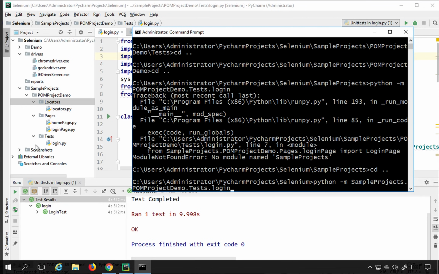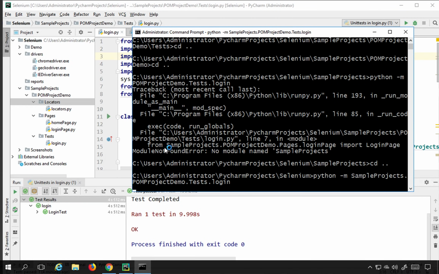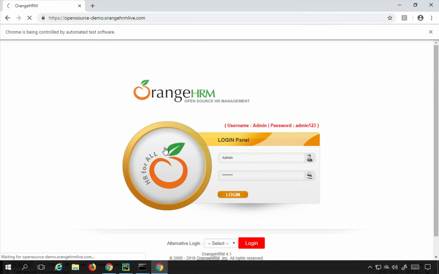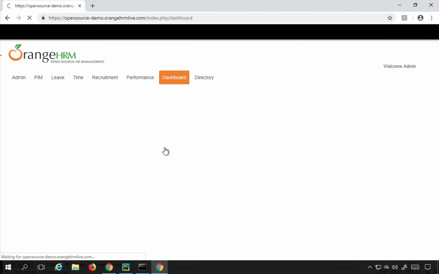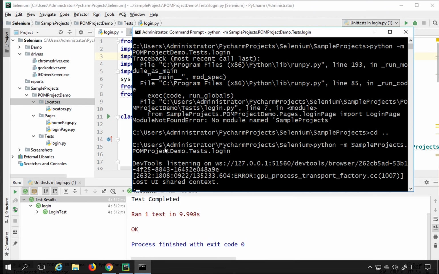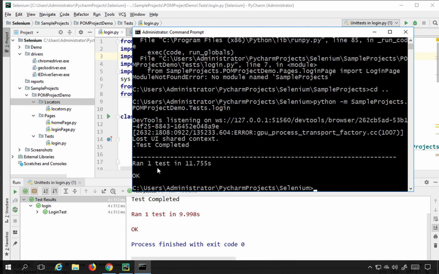So this is the file name, and I will try to run now, and you can see this is now running fine. And I will tell you the reason why it is not able to run from command line. So this is running fine now, and you can see this is all running fine and ran test 1